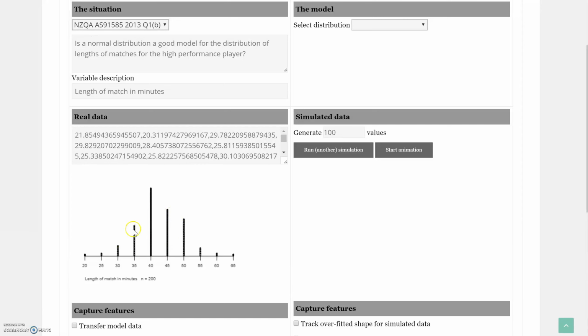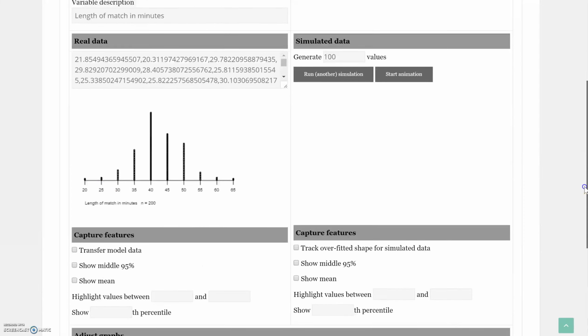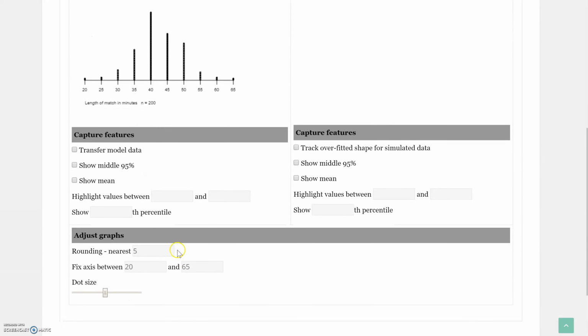Okay, so this is what I've got here, a sort of representation of that data. And what you notice at the bottom, and I rounded it to the nearest 5 because